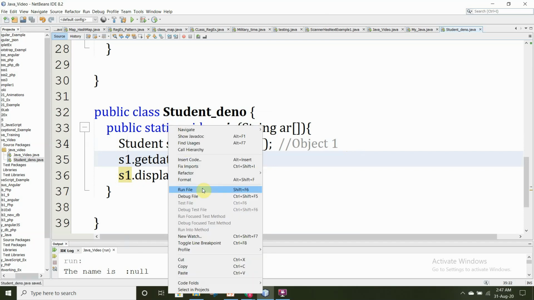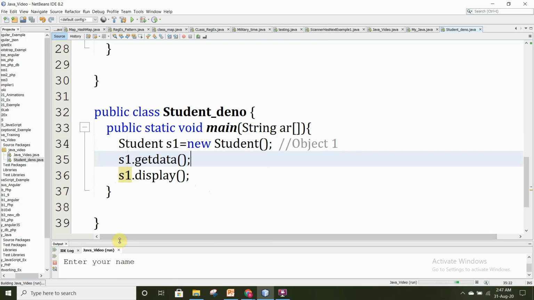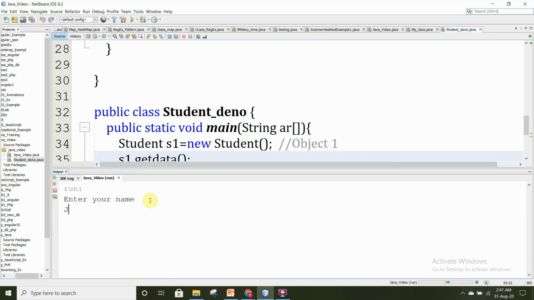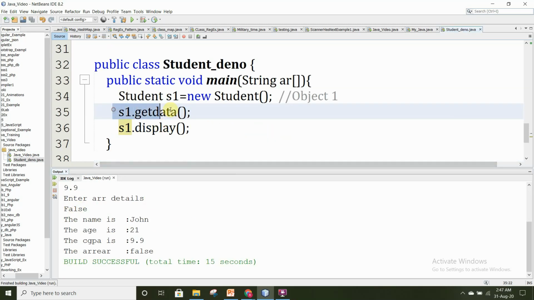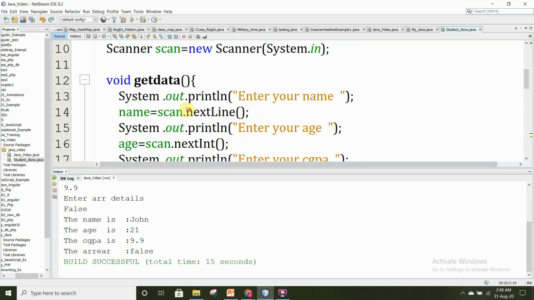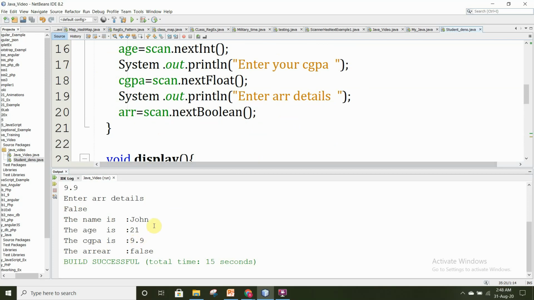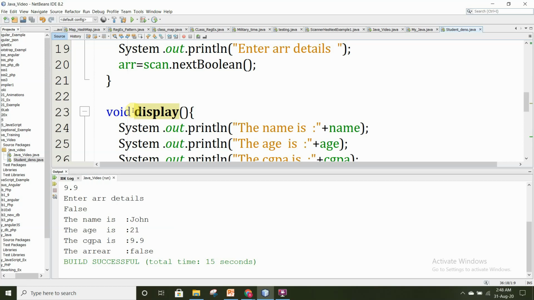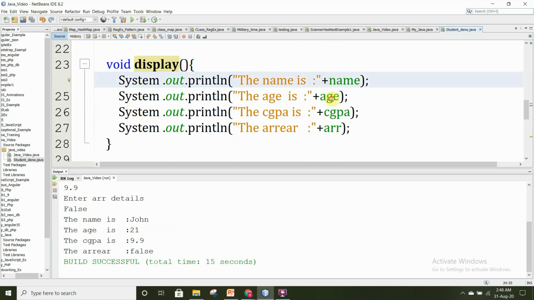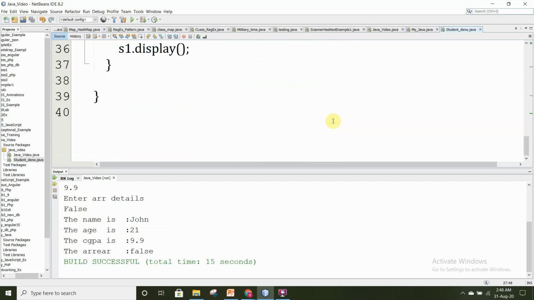Now if we run this, we'll see it is asking to enter the name. So we'll say the name is John, age 21, CGPA 9.9, and we'll say the arrear details is false, we don't have any arrear details. So after calling the get function, it asks for the data one by one: enter your name, enter your age, all these things. Once we did it, next we have called the display function. This display function displays the name, age and CGPA which is available inside this